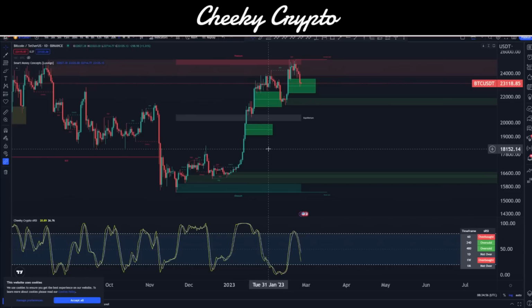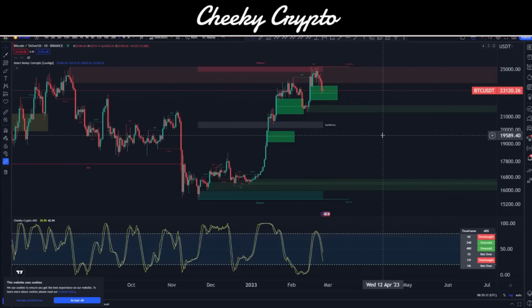Coming down probably lower than 18 is going to be where things really start to get scary for people, because we do lose a lot of support areas in there. And then, of course, consolidation should happen down here. And if you lose any of that, well, yeah, from there, it's really just going to be downhill.